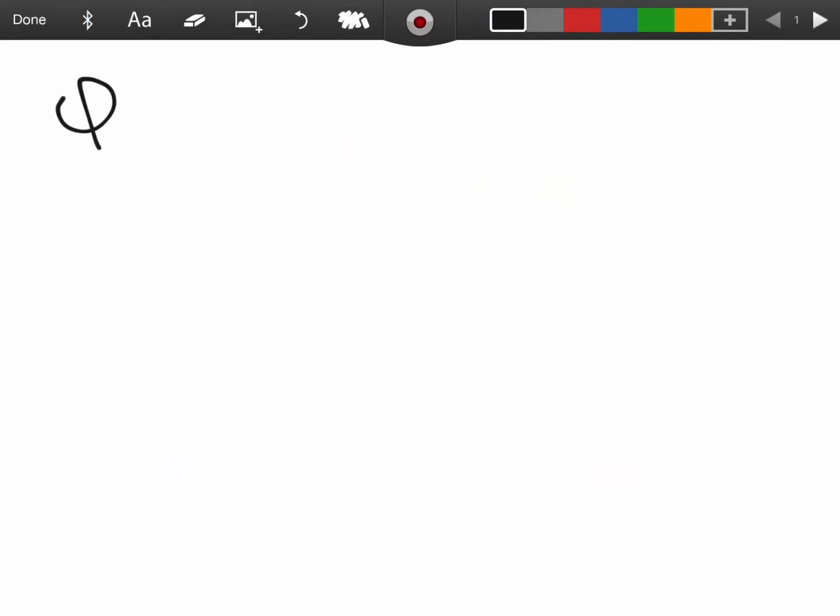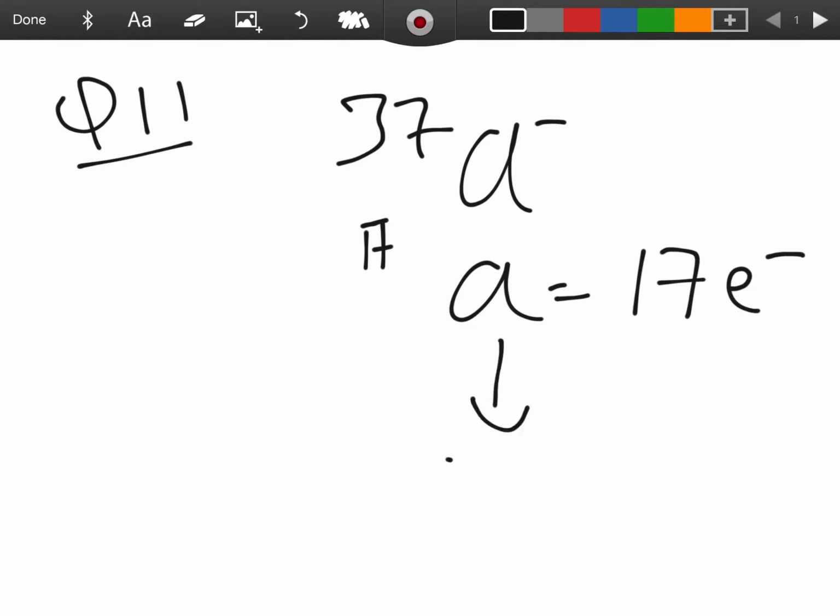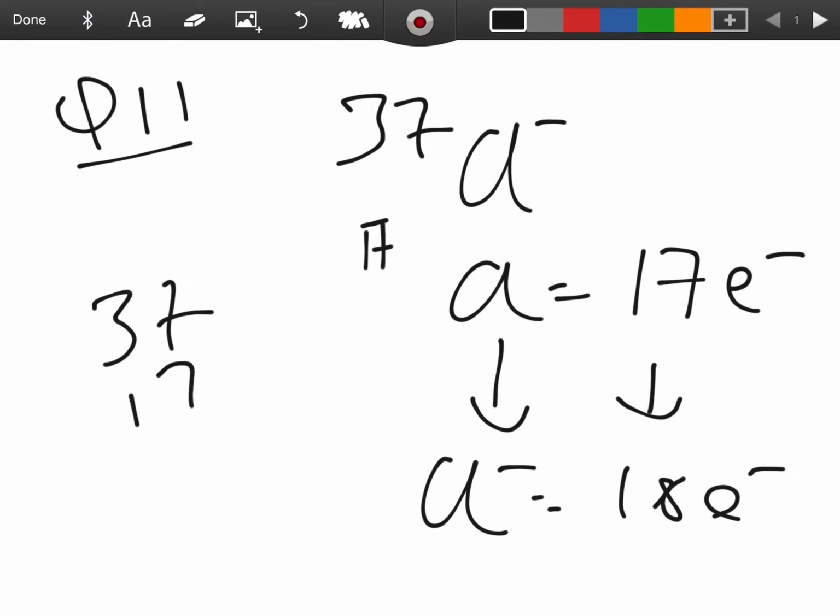Okay, now finally then the last one that I wanted to do was question 11. So again, look, it's similar to the other question that we had. You're given chlorine ion here and you're asked how many electrons. Well, the chlorine atom has 17 electrons. So what has happened to the atom to form this ion? It's after gaining an electron. So it has 18 electrons, and then subtract to get the number of neutrons. So you're getting